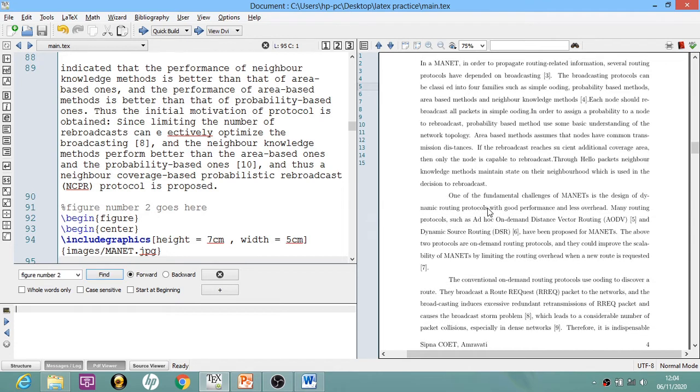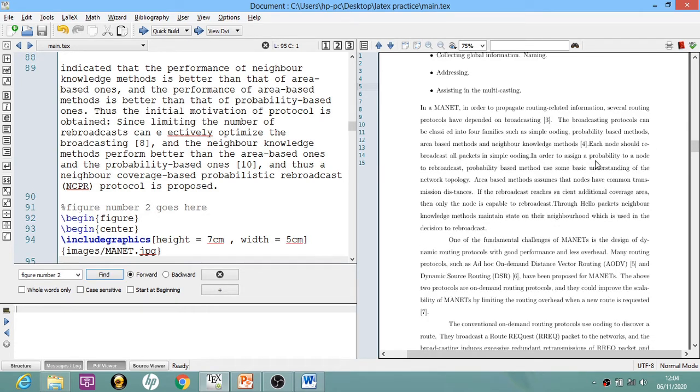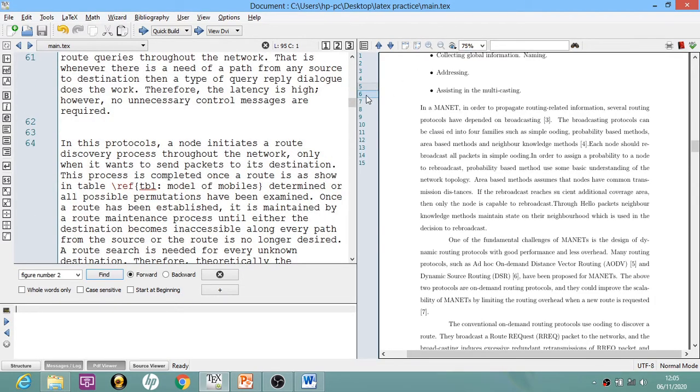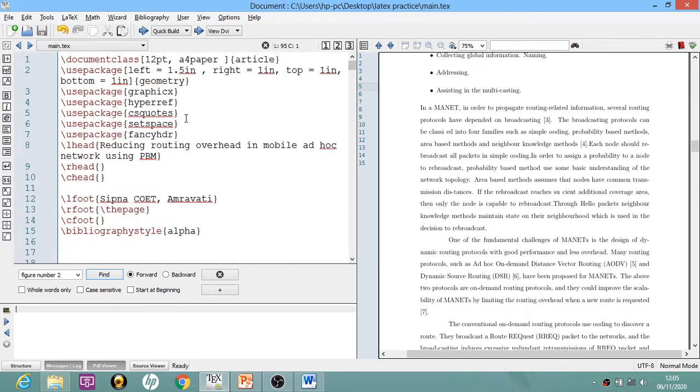Now suppose you want to include an image at a certain location, and then you want to wrap the text around that image. Let us see how we can do it. To do so, first of all, we have to include the wrapfig package.